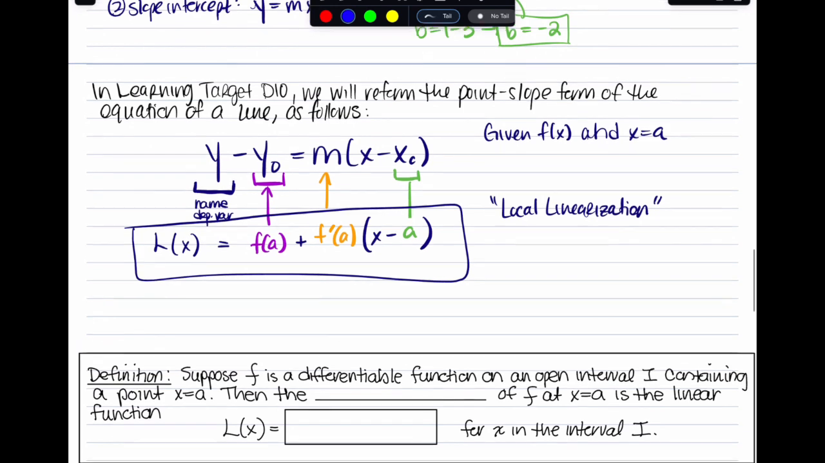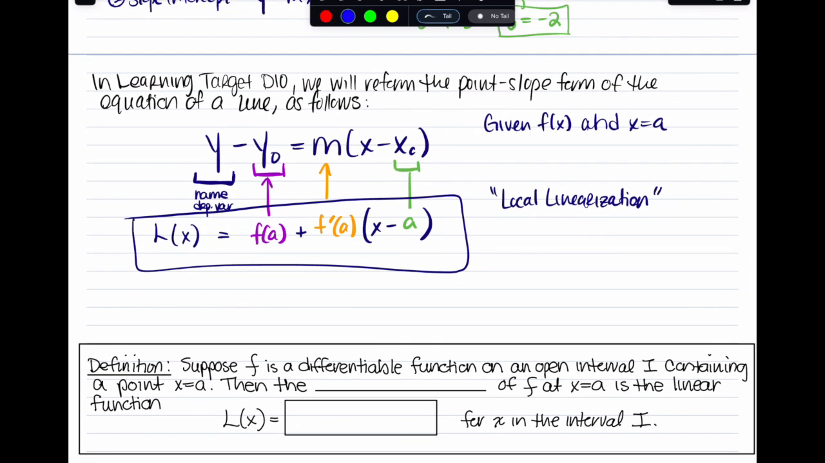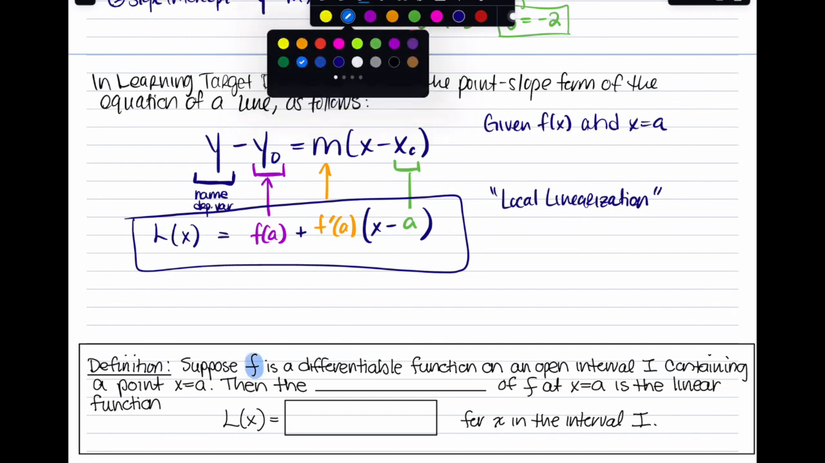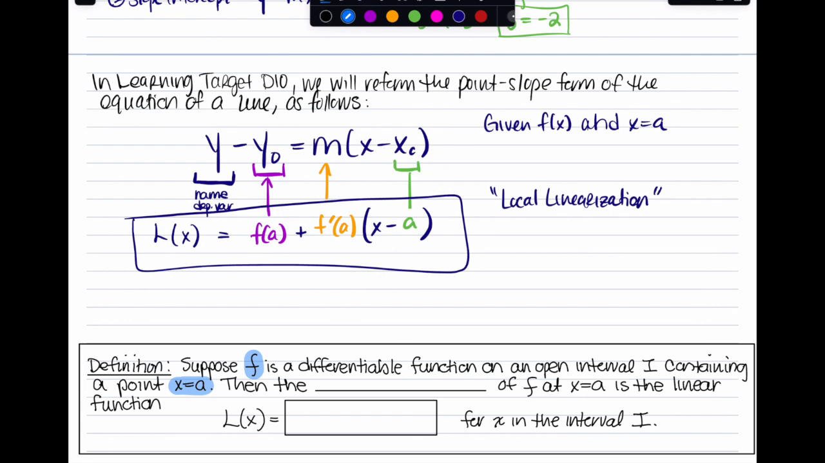So here's the definition. Suppose f, and we're going to see this in L10 again, D10 again. Suppose f is a differentiable function on an open interval I containing a point x equals a. This tells you what you're given. You have f and you have x equals a. Then the local linearization